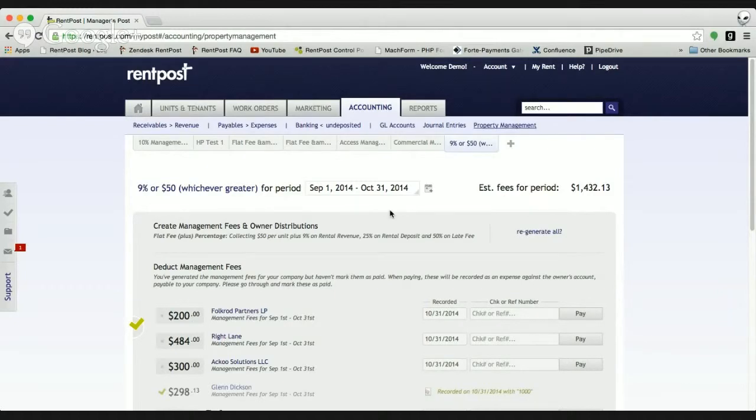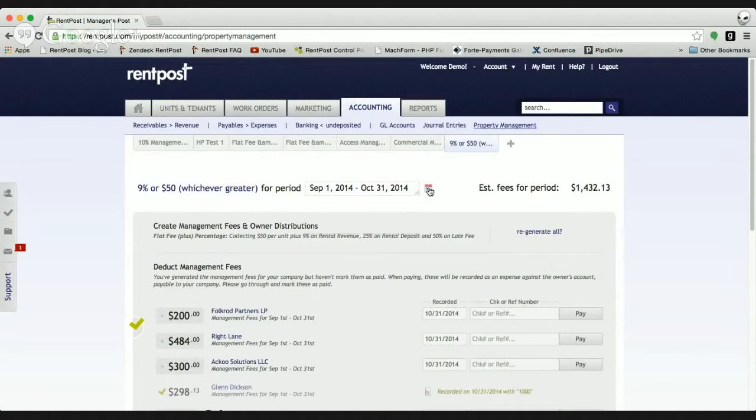Typically, companies are going to choose to issue their owner statements around the 15th of the month. This particular one is showing September 1st through October 31st. That is not a very common period. You have the flexibility of doing whatever you'd like for your periods, but typically, I would recommend making sure that there isn't any overlap, there aren't any lapses in the actual period of time, and you can set that up here.